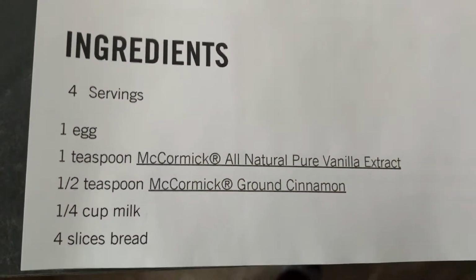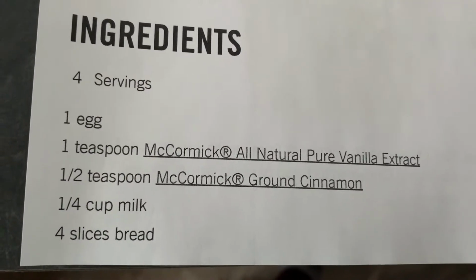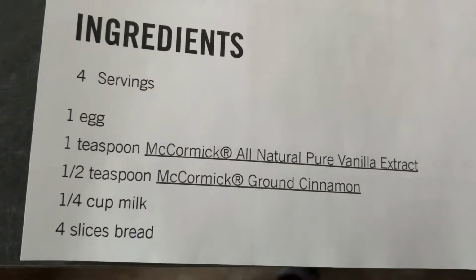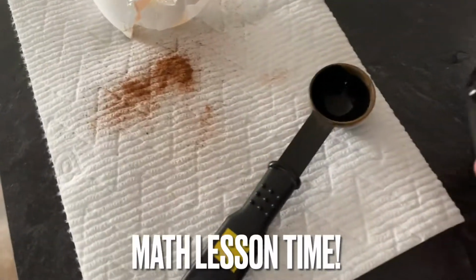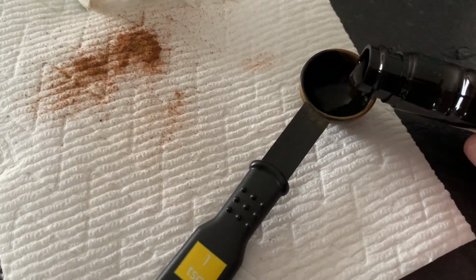Okay, you guys, well, I screwed that up. It says 1 teaspoon of vanilla extract and 1/2 teaspoon of cinnamon. So that means now, I guess, we're just gonna double this recipe. If I'm gonna double this recipe, and I've already put in 1/2, and I need 2 total because it was supposed to be a full, I'm gonna put in another